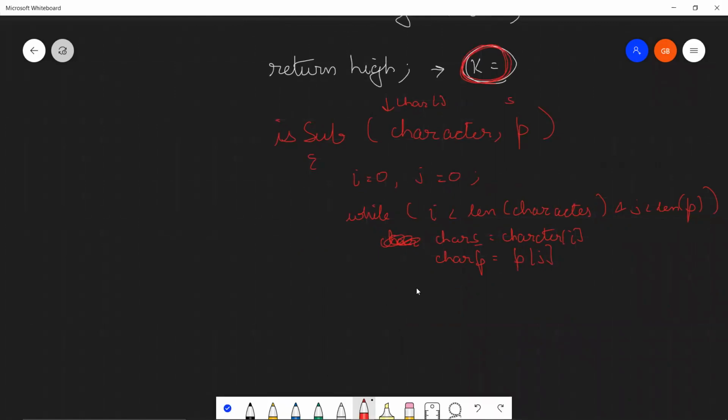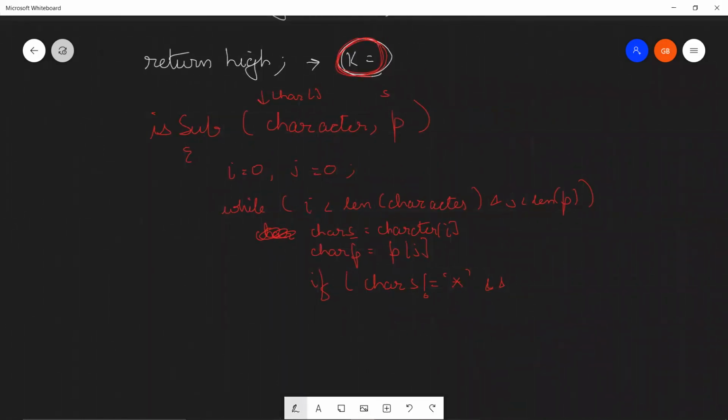If char s is not equal to my star, this means I'm going on the right track. Also, I need to check that they are equal, because if we find equal, this means that our subsequence is forming.